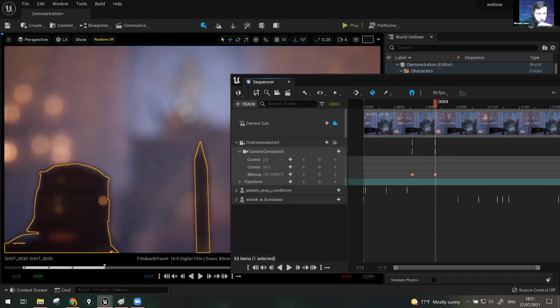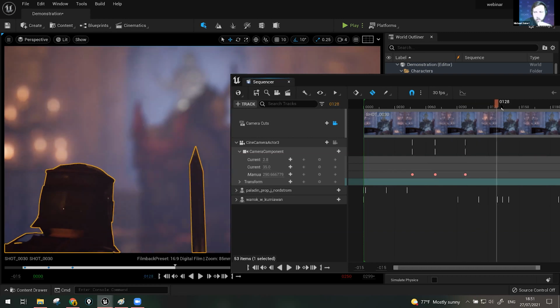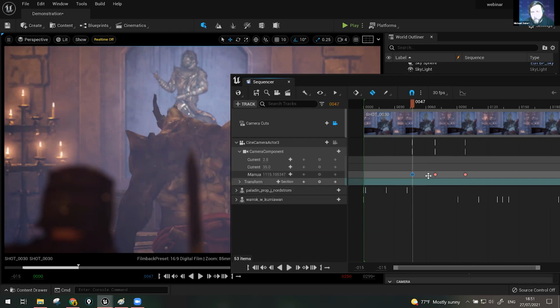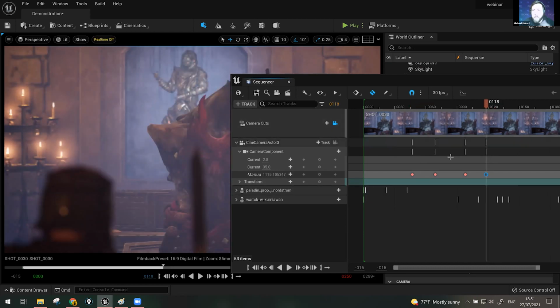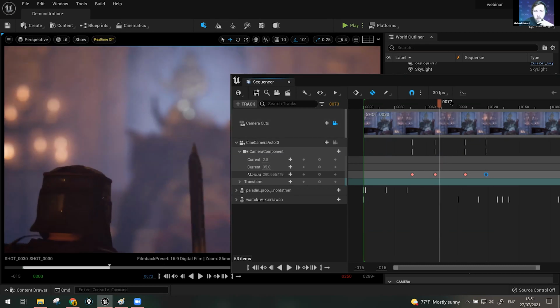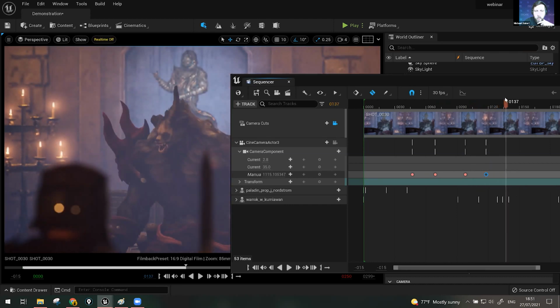So it's about there. Make sure I key that. Hold on that. And then as he turns, I'm just going to go there. And what I can do is actually select that keyframe, copy it, Control C, go to here, Control V, and paste that same keyframe. So now I've got a pull focus to the knight, and then back to him there,